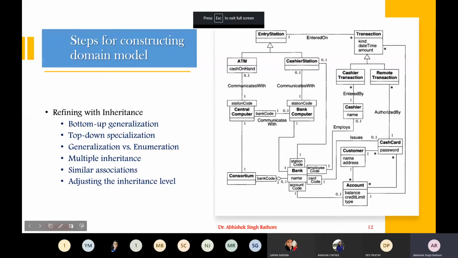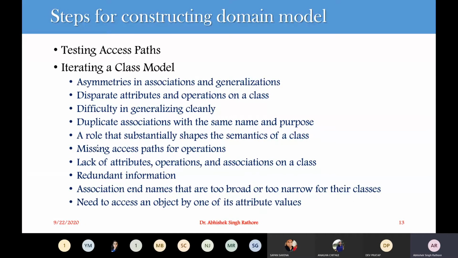So what are these access paths that are available for our domain model? We'll just cover it very briefly. We have to trace our access path through the class model to see if we are getting sensible results or not. While testing your access path, you have to check whether sensible output will be available. It is quite important when creating your domain model that you expect a unique value when testing your access path, and you check whether it is yielding a unique path or not.